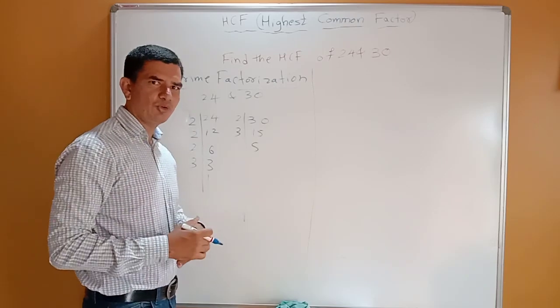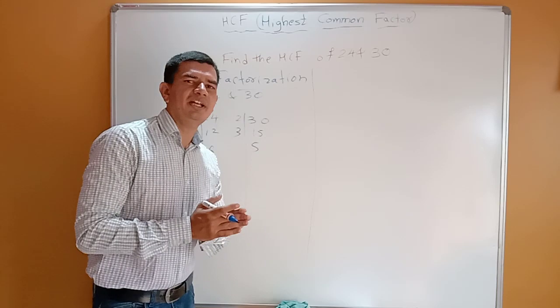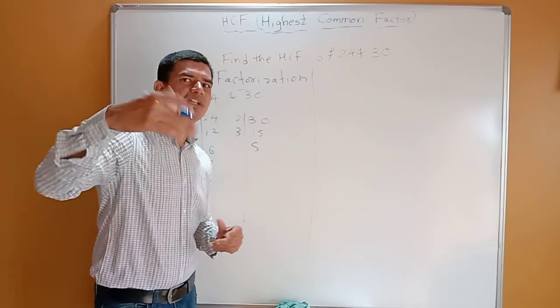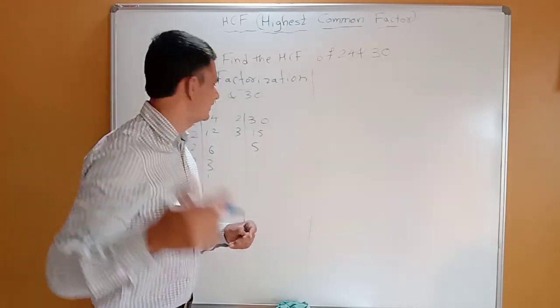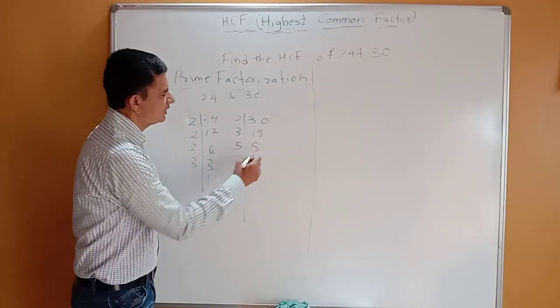If it is not divisible by 3, again you have to go for 4, and if not by 4, you have to go for 5. But we have to concentrate that the number should be prime. 4 is not prime, so we should not take it. We have to take 3, 5, 7 like this. So 5 is a prime number, so directly you can take 5.